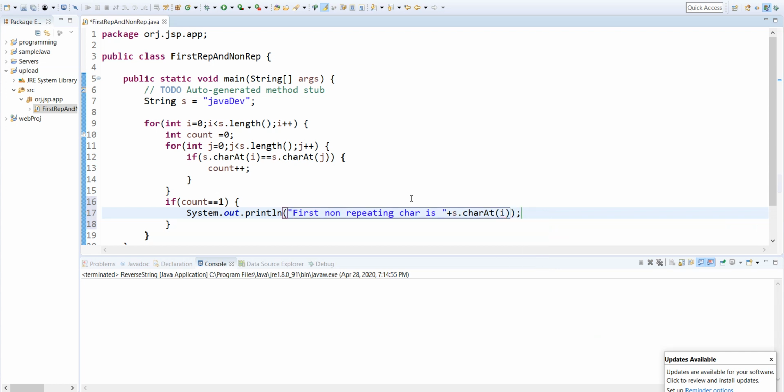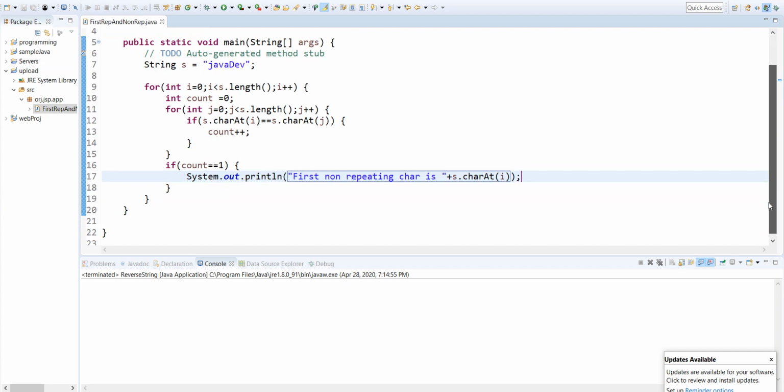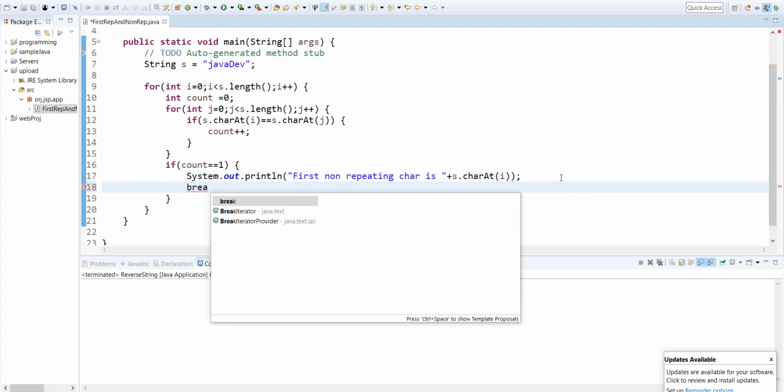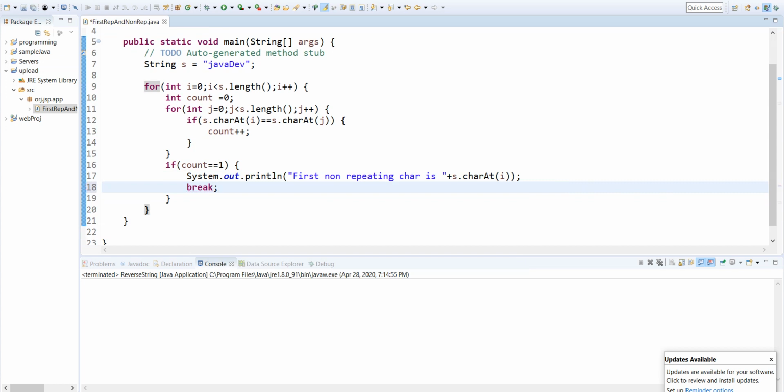That is the first non-repeating character. I want this only once, I don't want the second character, so just directly write the break statement. Just execute this program. You will get the first non-repeating character is J.